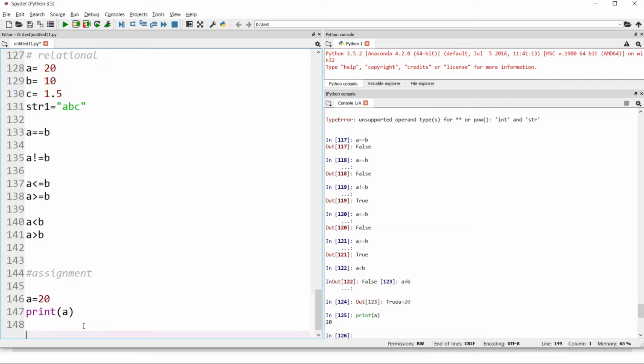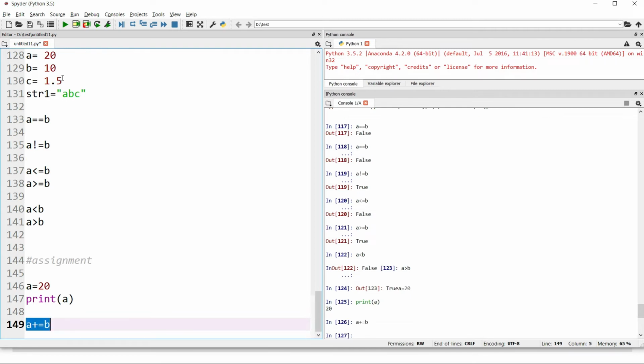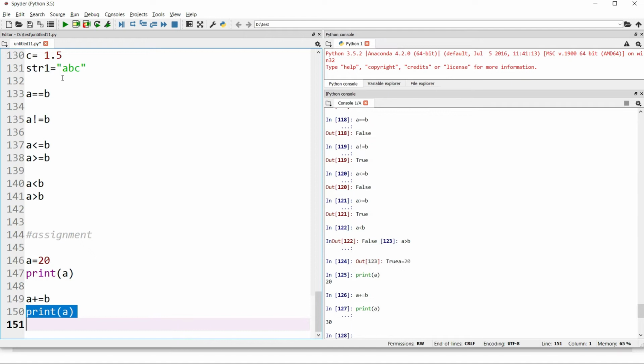Now suppose I want to add b, which is 10, to it. What I can do is a plus equal to b. Let's see what it gives me, and now I'll try to print the value of a. Let me show you. So 10 plus 20 is 30, of course.